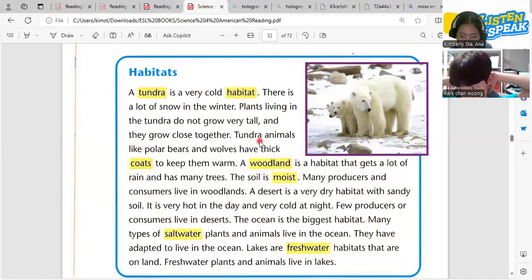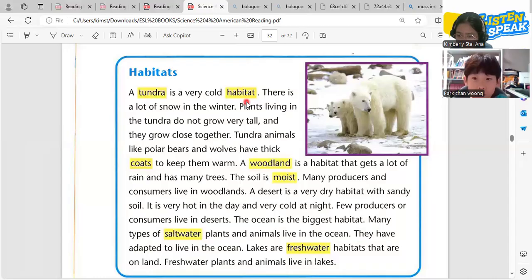Nice reading. So before we go, I want you to answer some questions, okay? So animals that live in tundras, they have very thick what? Clothes. They have very thick coats. Why do they need the thick coats? They are cold.